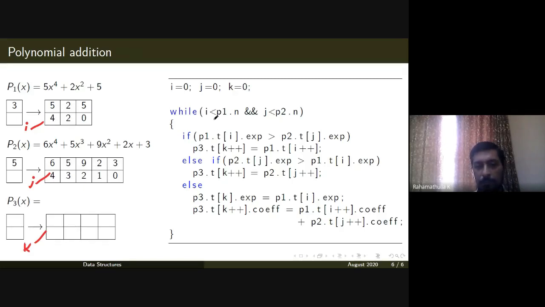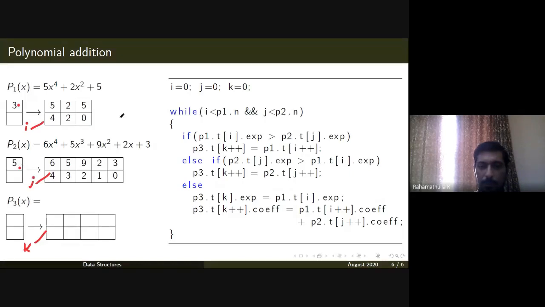Then if i is less than p1 dot n and j is less than p2 dot n, this is p1 dot n and this is p2 dot n. So i is going to change from 0 to this value, and j is going to change from 0 to its limit.